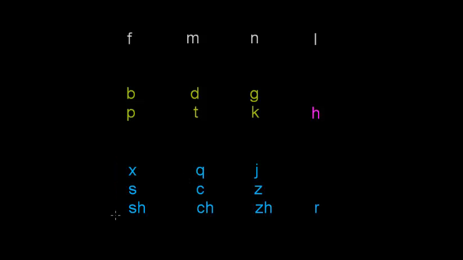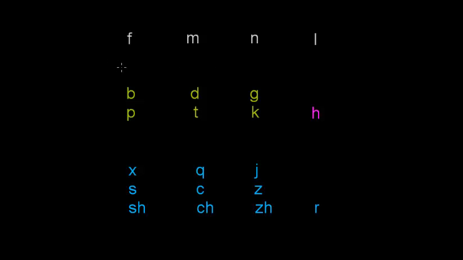This arrangement that you can see over here is my personal division. You may like it, you may not like it, but I arranged these consonants according to how distant they are from our languages, or how difficult or easy they are. So this group is the easiest one, or the closest group to our languages. This is the second most difficult, and this is completely alien, I would say, or very alien to most Western languages. So the first group consists of, in my opinion, four sounds, four consonants, F, M, N, and L,